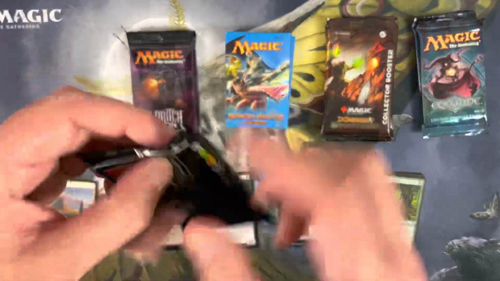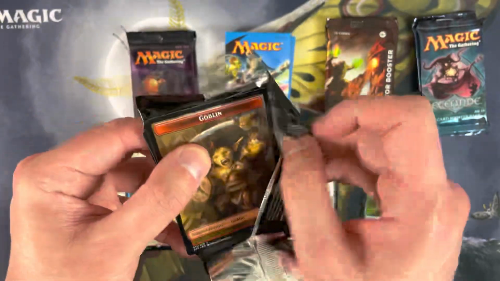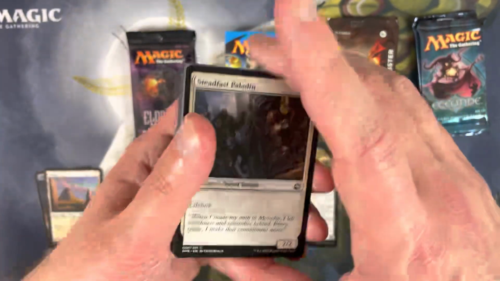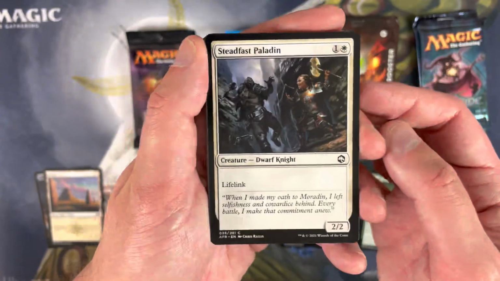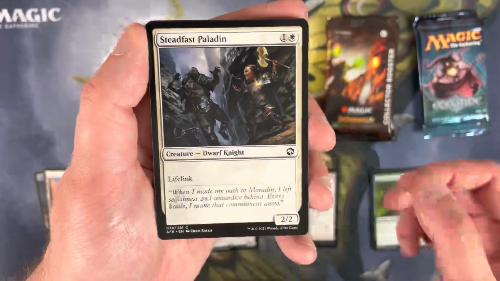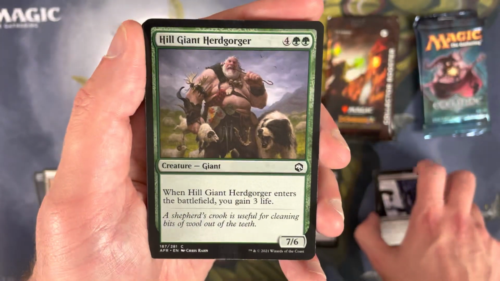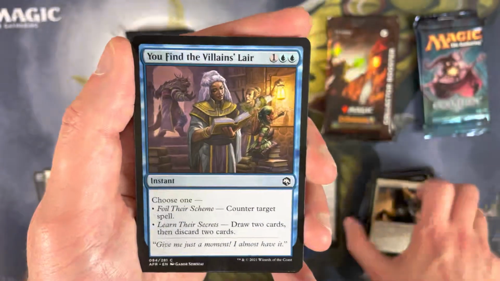Again, I think when the set came out, it kind of came out as a core replacement set, but people thought of it more as a normal expansion set, and so when it didn't have the power level that I think people were expecting, it got a lot of boos and jeers. But again, I have pretty much since the start of this channel always really liked this set and think, again, kind of underrated. All right, Steadfast Paladin, Silver Raven, Hired Hexblade, Hill Giant Herdgorger, Devoted Paladin,